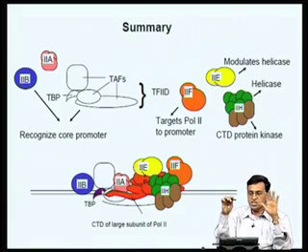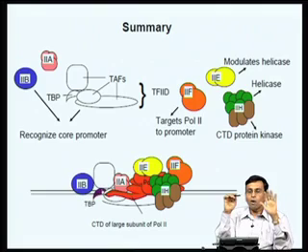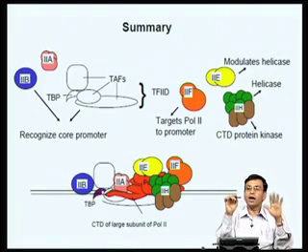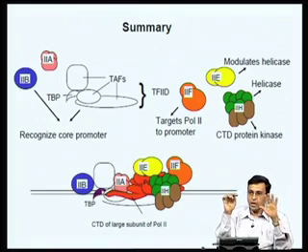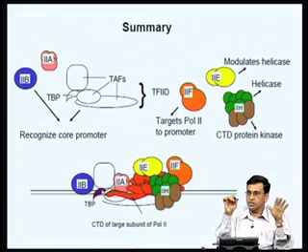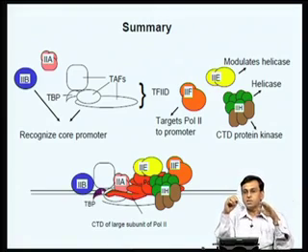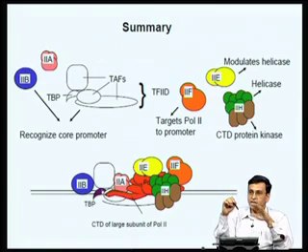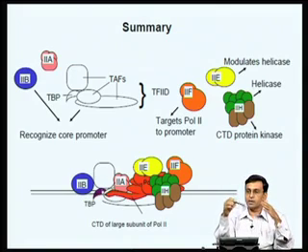So, what I told you in the summary so far is I gave a very brief overview of how transcription initiation takes place in E. coli, and how the E. coli RNA polymerase regulates gene expression, either using accessory proteins like activators and repressors in the case of operons, or by using specific sigma factors. It can differentially regulate various bacterial genes.